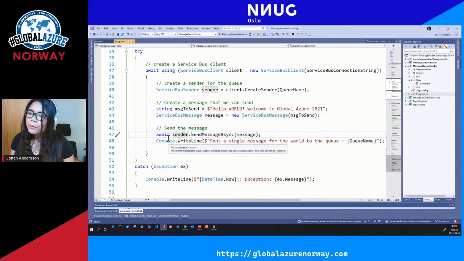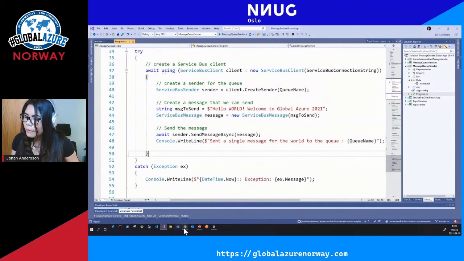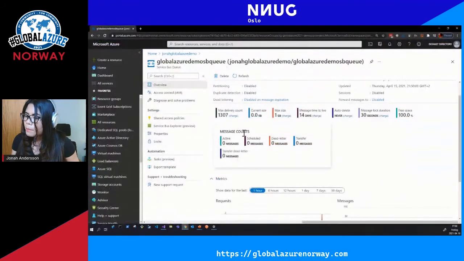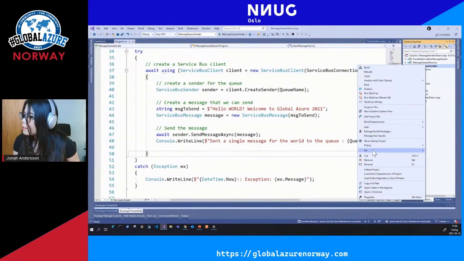And I will be calling send message async and log to inform me if that message was sent to the queue. So if we check our portal now, I have 0 active messages, and I will be running this queue sender.